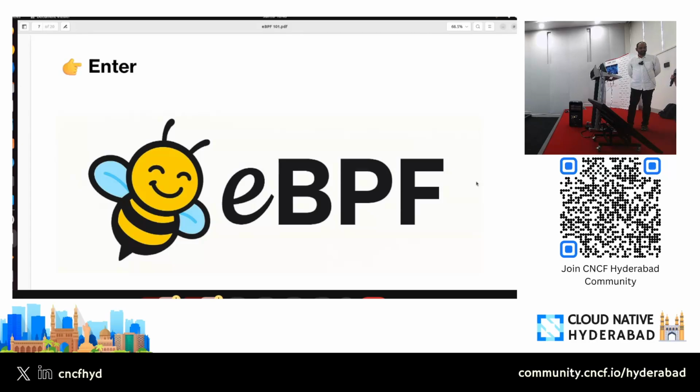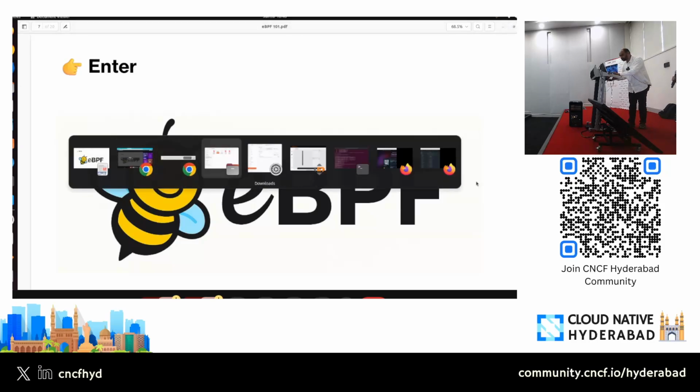Studying in second class. Today I'm going to talk about eBPF. eBPF stands for Extended Berkeley Packet Filter. Suppose this is a computer.